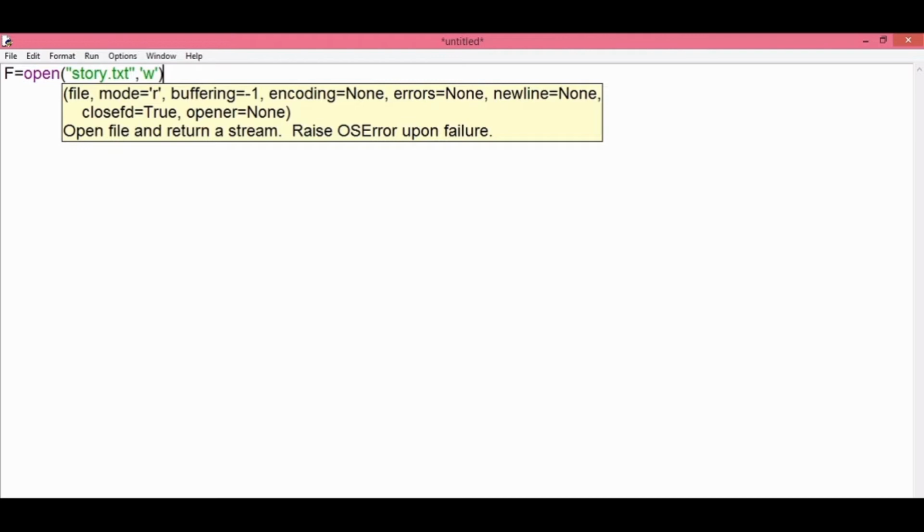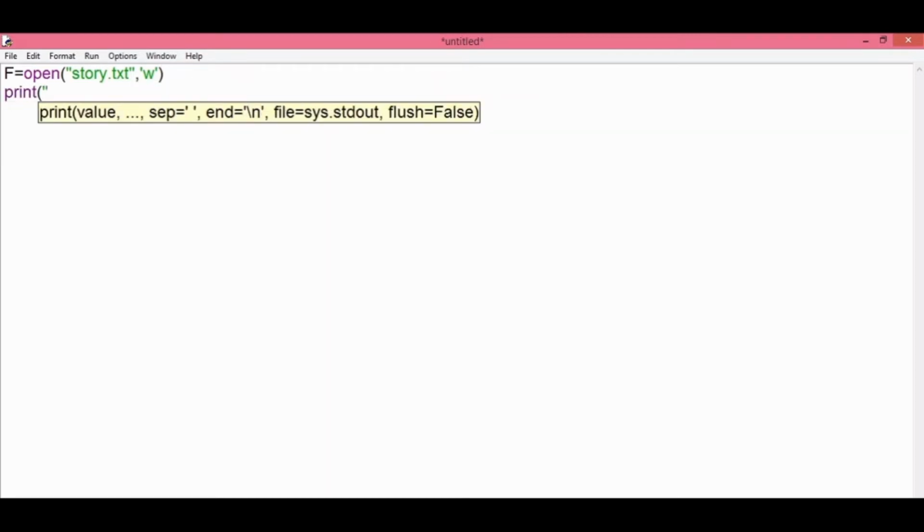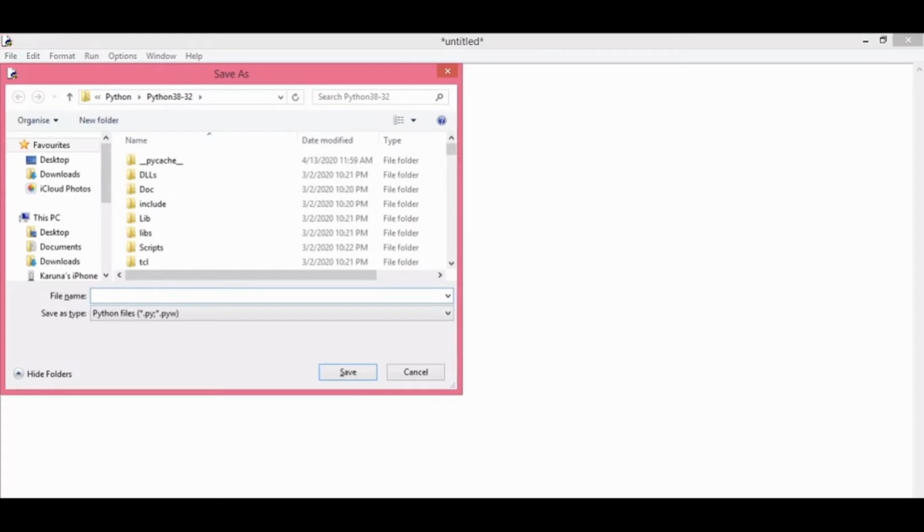So every time I use variable f, the operations will be performed on the file story.txt. Now I write the print function call where I have this text Alice in the Wonderland, and now I'll just show you what will happen if you execute this code. So let me first save the file.